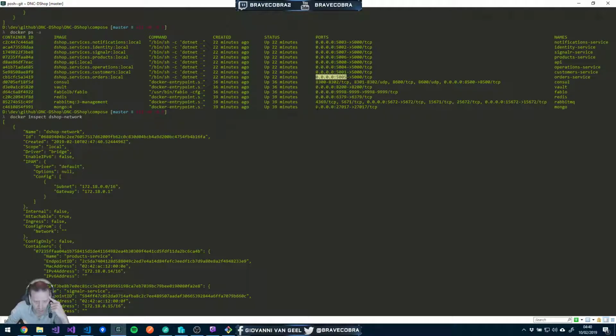And the same is happening for the MongoDB one, so it should be able to access it. Same for Vault and Redis, etc. They're all exposed, so you should be forwarding the ports to localhost, and somehow